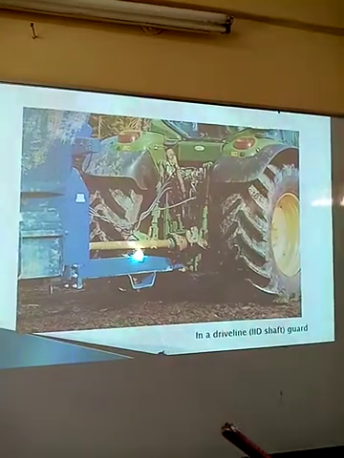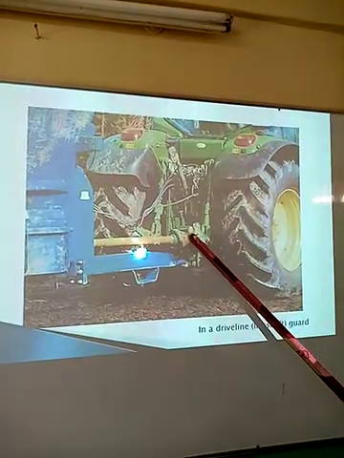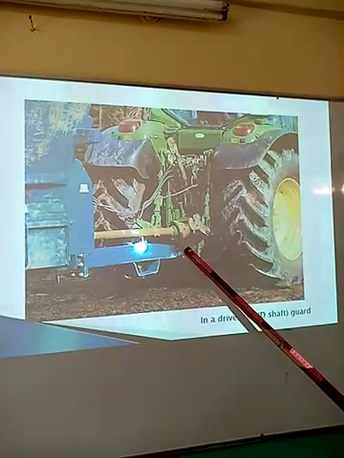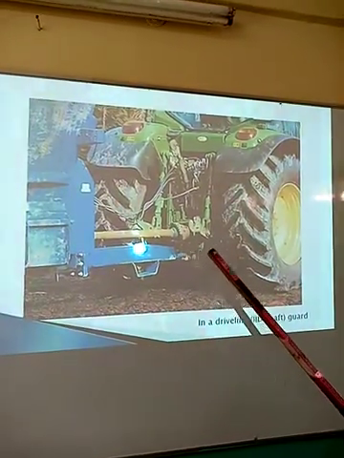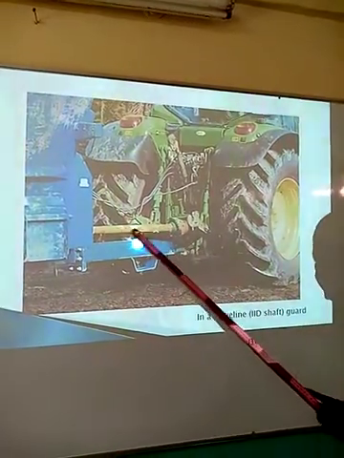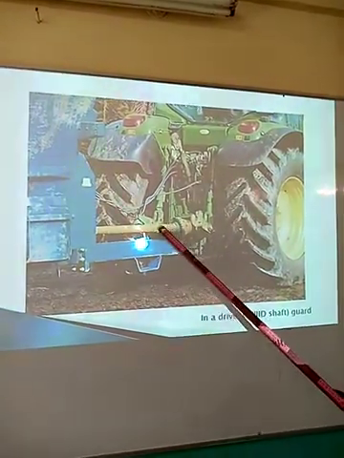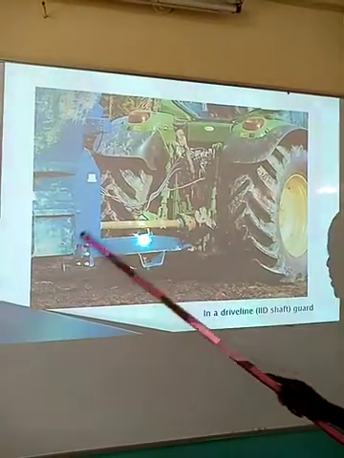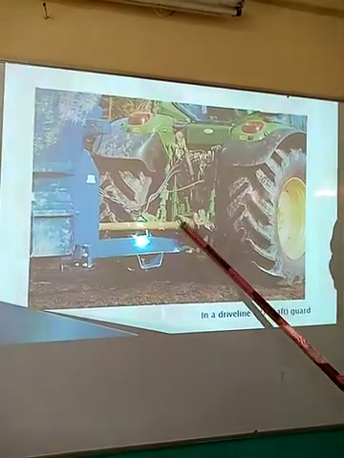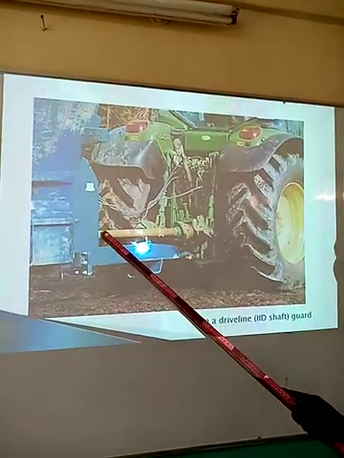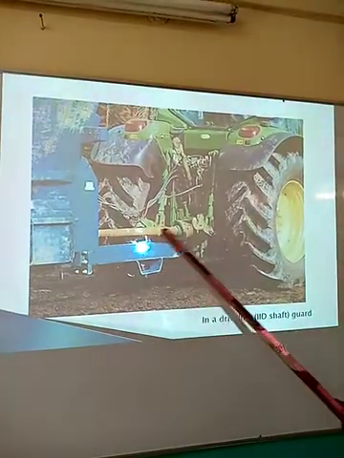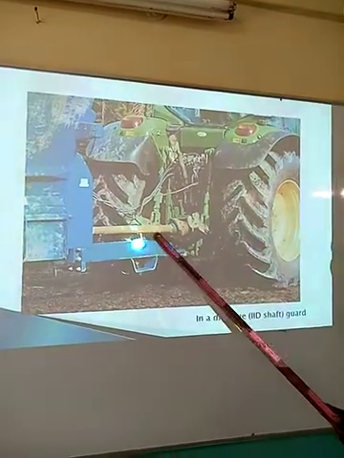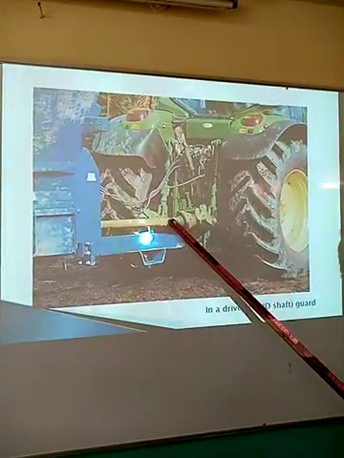So implements are attached to the PTO. Of course, they must be protected. So the IID, the implement input drive line, is inside this casing here, or this guard, to protect it. So this implement, painted blue here, is attached to the PTO stub or shaft through this shaft, and the shaft is inside the shaft guard, which is painted yellow here, and it can be either metallic or